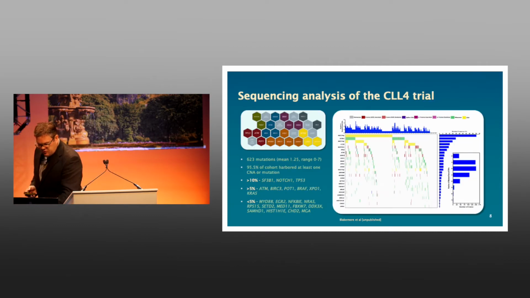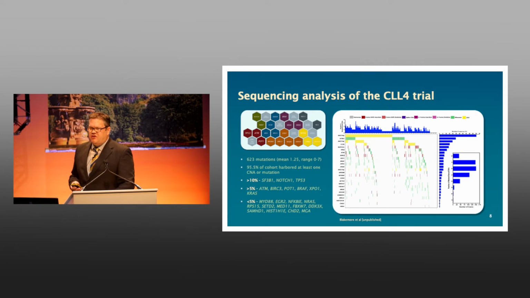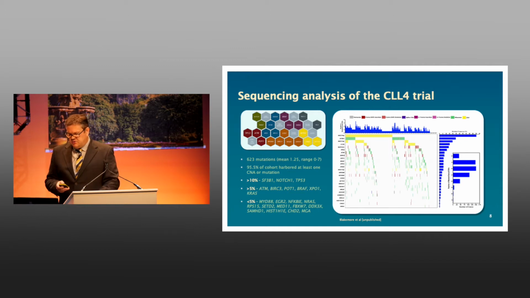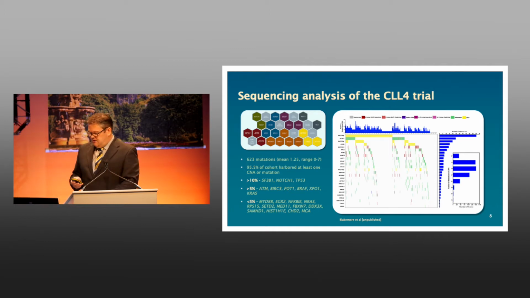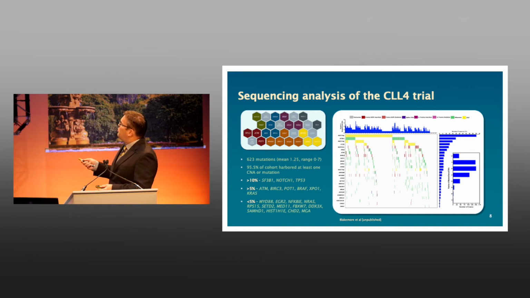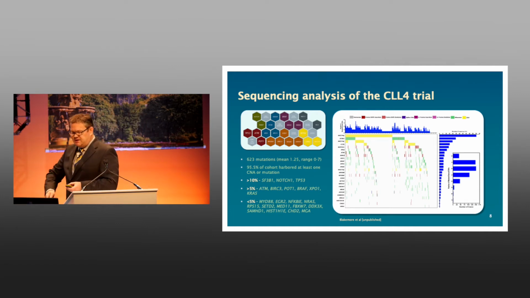So let's go on to CLL4 now. This is a diagram of the 22 genes and the pathways in which they reside that we sequenced in nearly 500 patients from the CLL4 study. This is the heat map that we have generated, just showing you the prevalence of different copy number changes and gene mutations. Take-home messages from this analysis: about 1 mutation per patient,